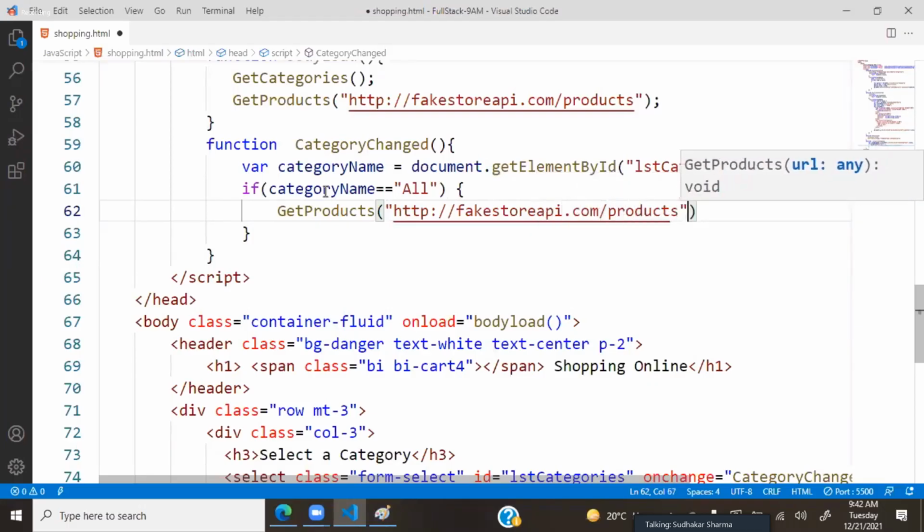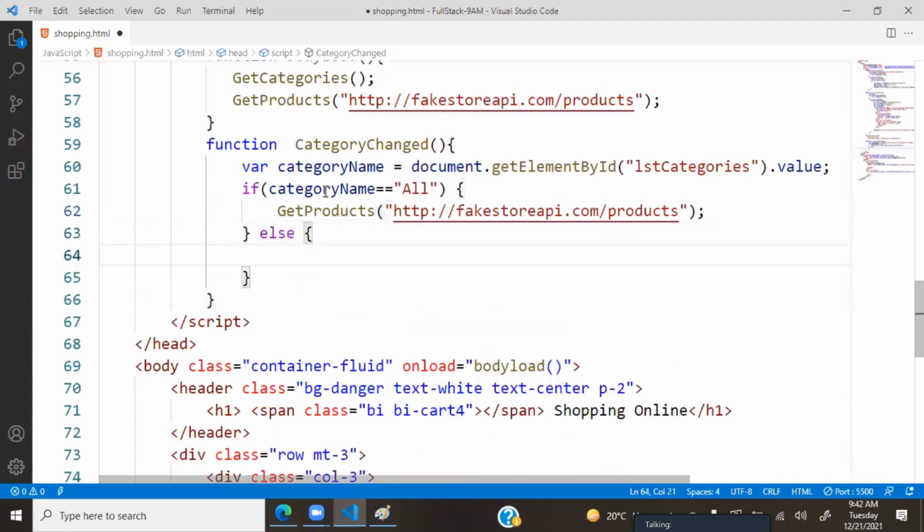It should show all products. Else, getProducts the same, but this time I will put an expression, means backtick. In backtick, the API will be